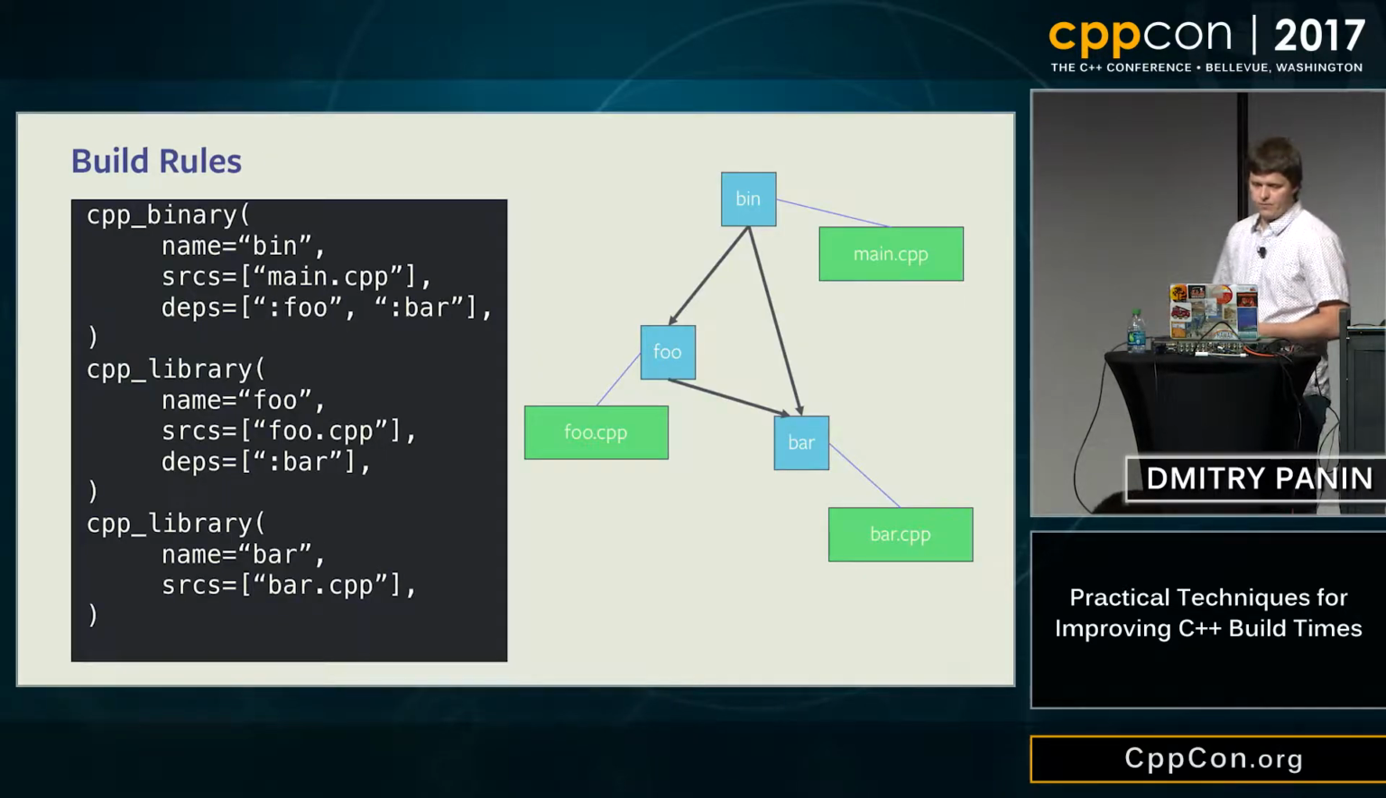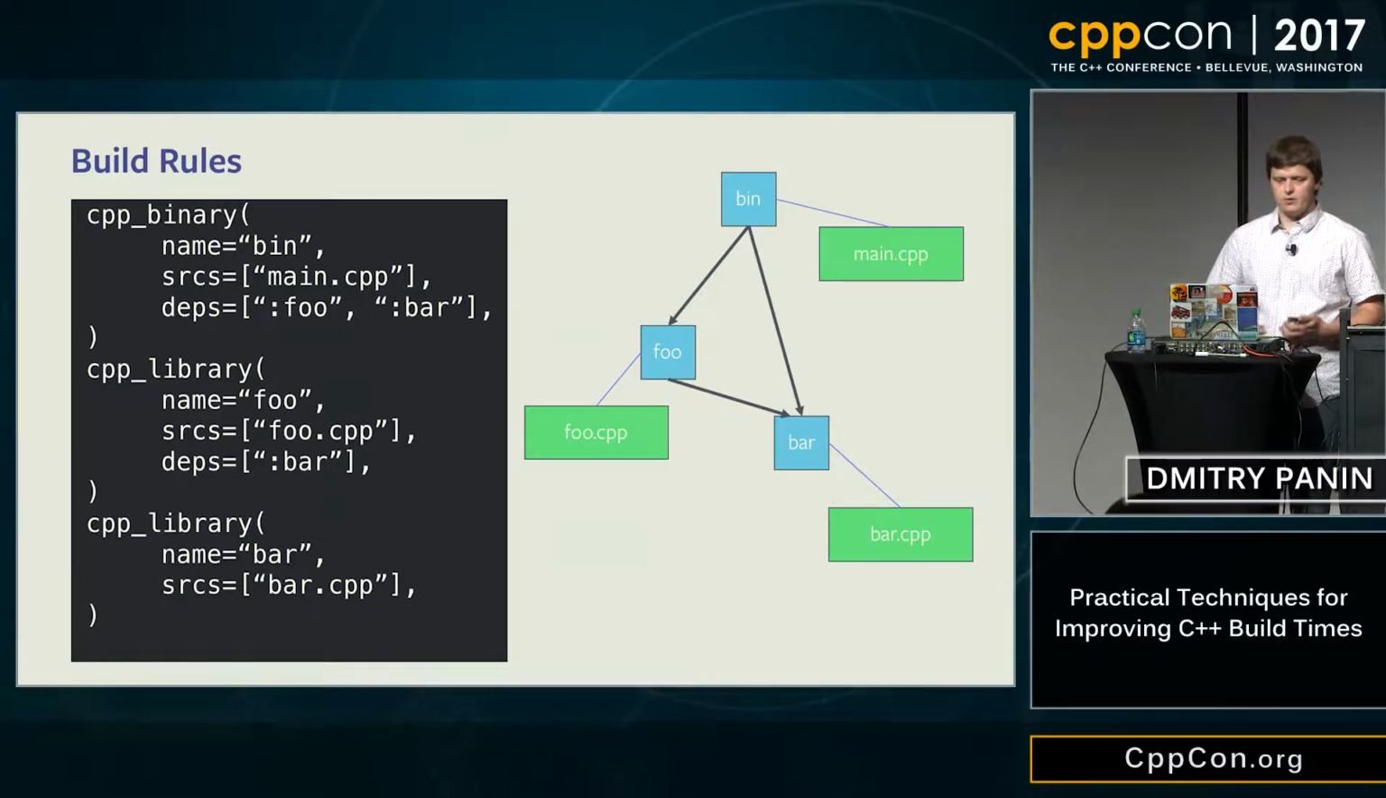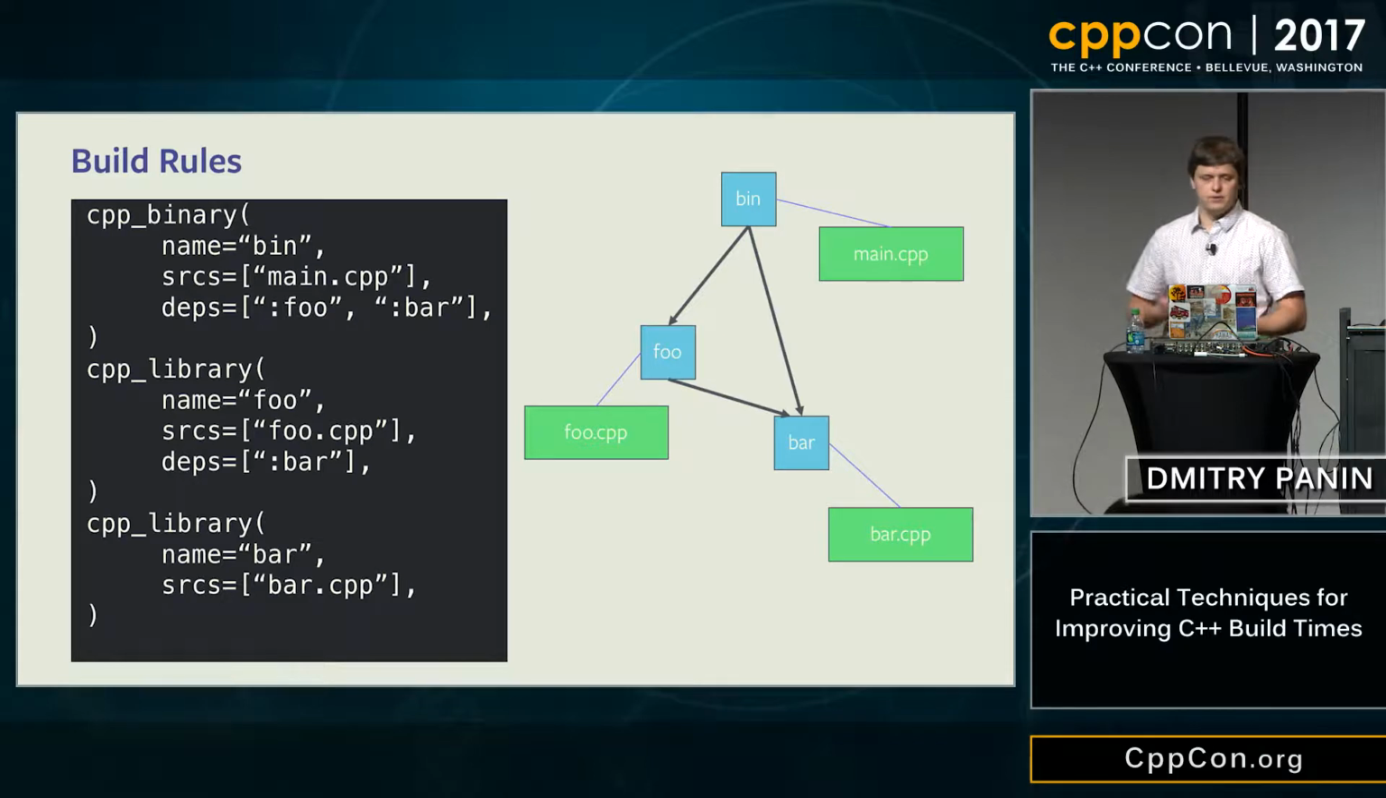And now a really brief overview of how build rules look. This will be useful later when we talk about actual optimizations. So we use this declarative language where you specify your sources and dependencies between them. And then Buck can go and execute this in the right order. So in this example, it will,